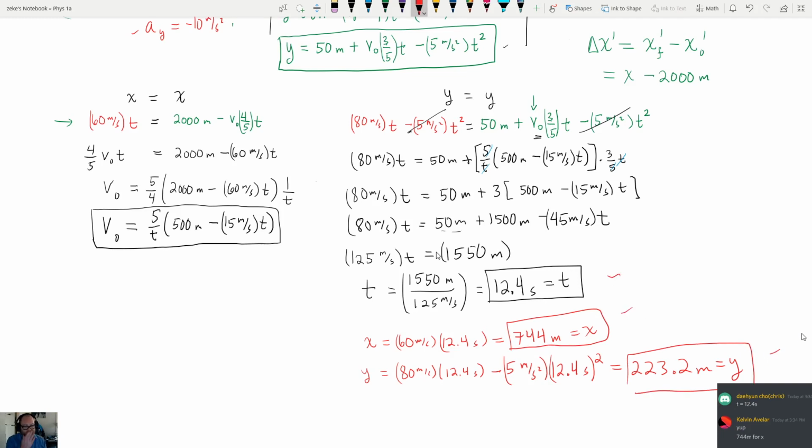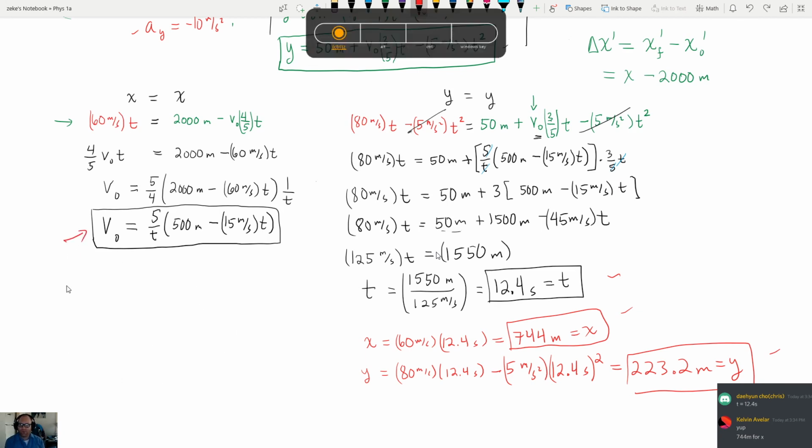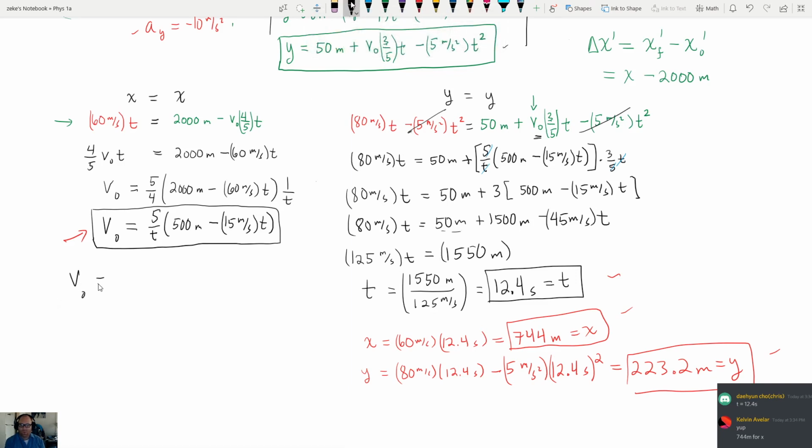X, Y, and T, what we were looking to solve for. Oh, we have one more variable, didn't we? This one, initial velocity. So, initial velocity should be equal to 5 divided by t times